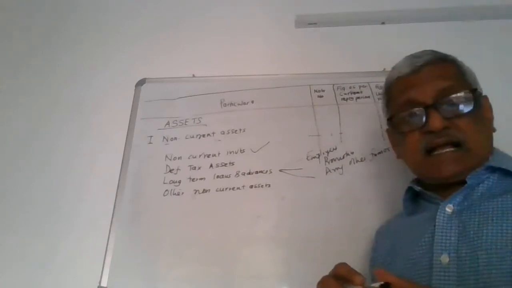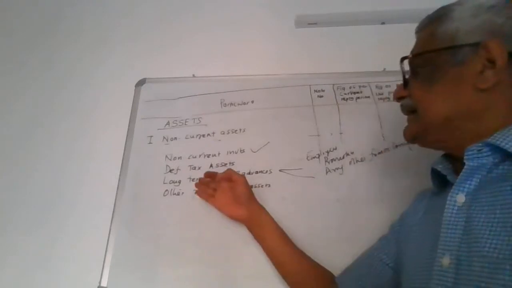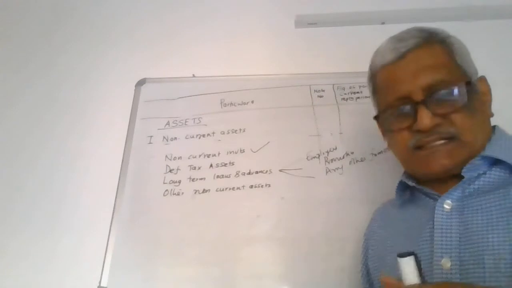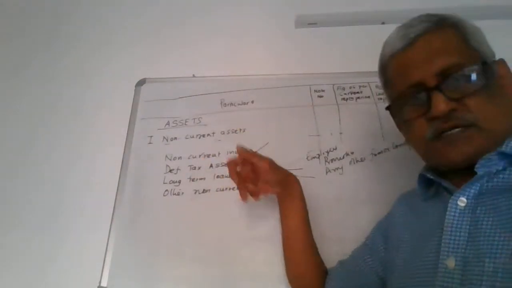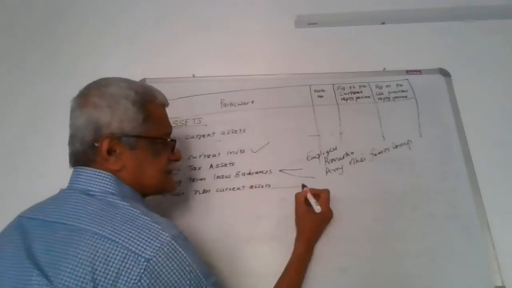If it is given as a loan which is repayable beyond a period of 12 months, it will appear as long-term loans and advances. If it is a short one, that is, if it is to be recovered within a period of 12 months, it will appear as short-term in the current assets. Then what are the other non-current assets? Other non-current assets could be,